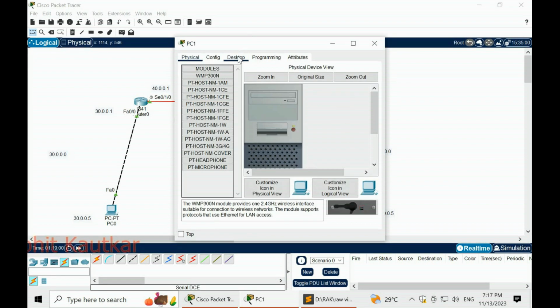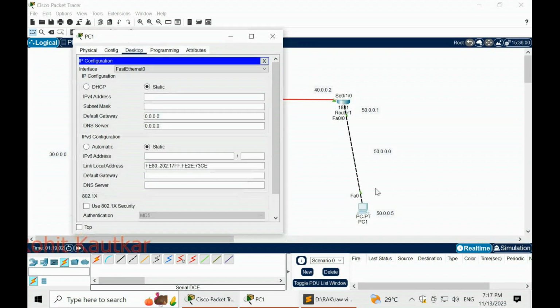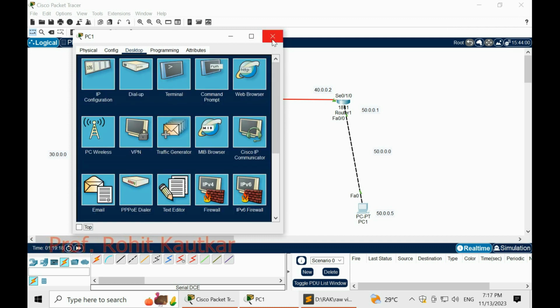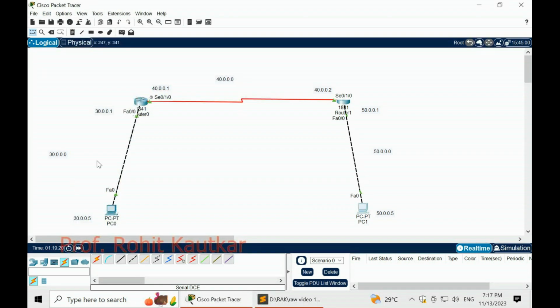Now come to the second machine, desktop IP. Here IP will be 50.0.0.5. Default gateway will be 50.0.0.1. So our configuration is done now.